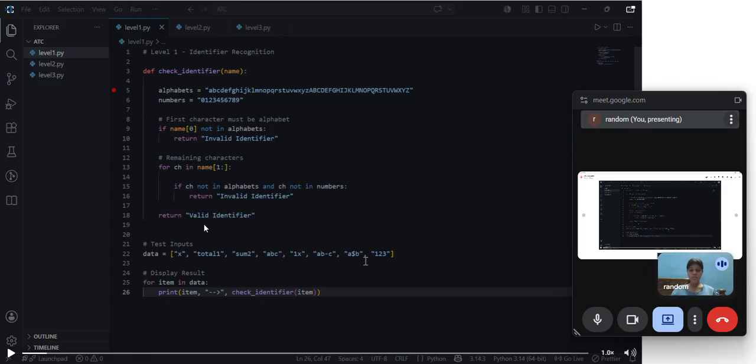First, the program stores all alphabets and digits in separate variables. Then the first condition checks whether the first character of the input string is an alphabet or not. And if it is not an alphabet, then the program immediately returns invalid identifier because the identifier cannot start with numbers or special